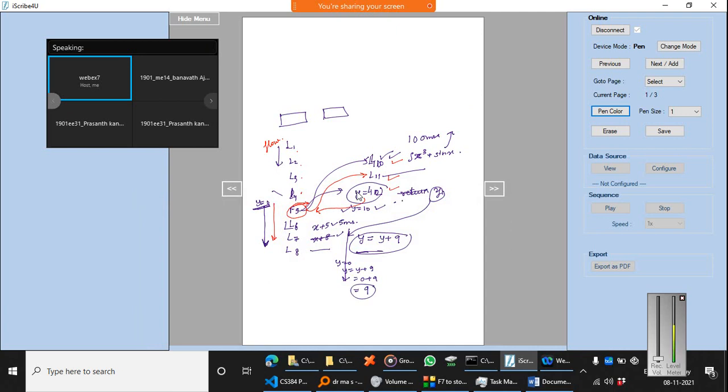But in fact, what should have happened? This function was returning Y equal to 10, so Y equals Y plus 9 should have been 19.